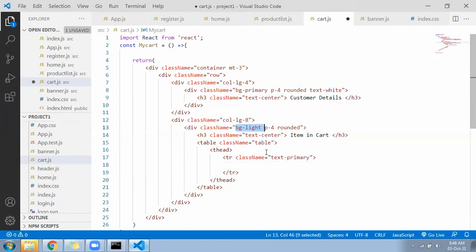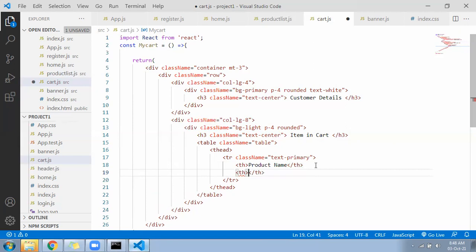Light will be gray color inside. Okay, no problem. Text primary. TH product name, next TH picture, not image, college photo.